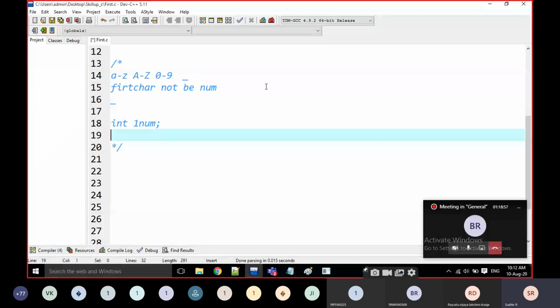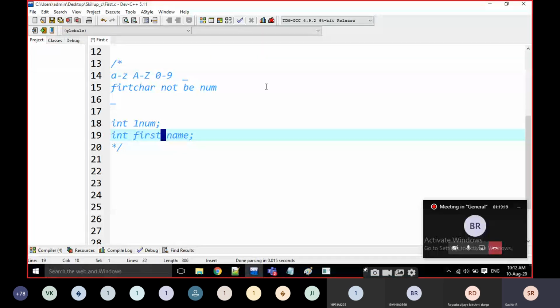And the last one is that there are no spaces in the variable name. For example, I am going to write first name, FIRST, first name. Don't write like this. This is also wrong. Why is it wrong? There is a space in the variable name.